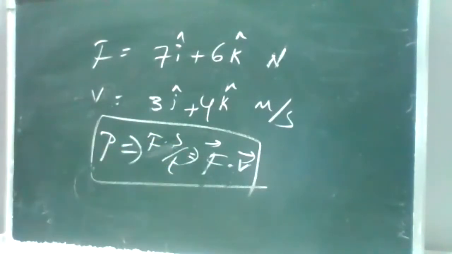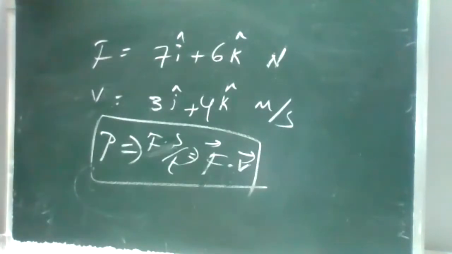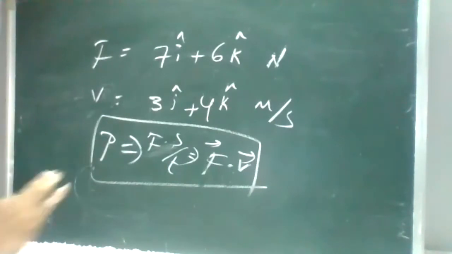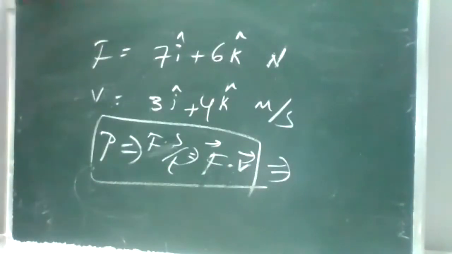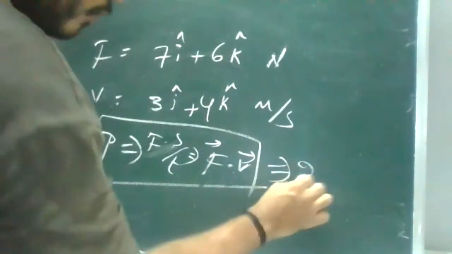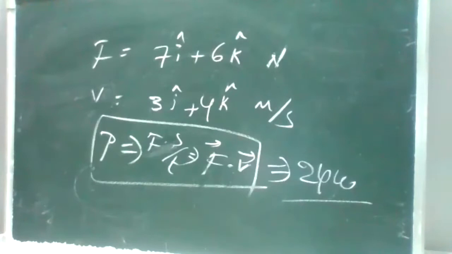Okay, so try to multiply these two. Find the answer. Sir, 45, sir. No, it's not 45. There is no cos here. Just multiply. I don't need the angle theta at all. I just need to multiply the two vectors to find the power. That's it. When cos theta comes, that is a different answer. The answer is 24, yes. 24 watts. Just multiply it. That's it. Okay, next question.